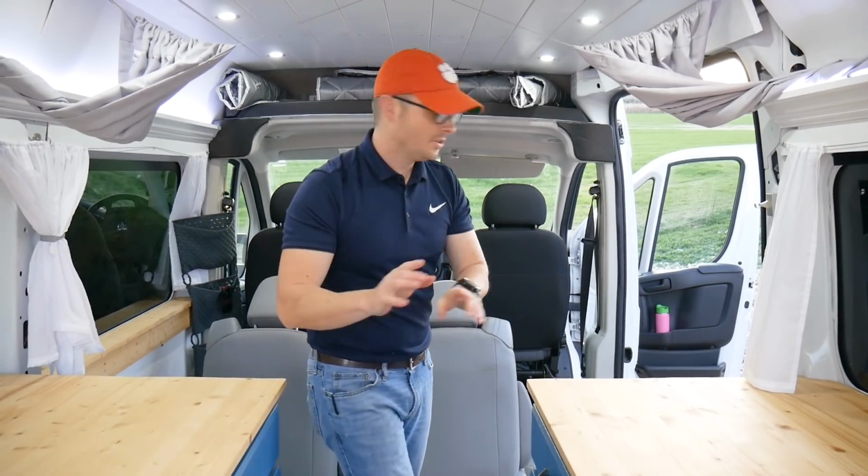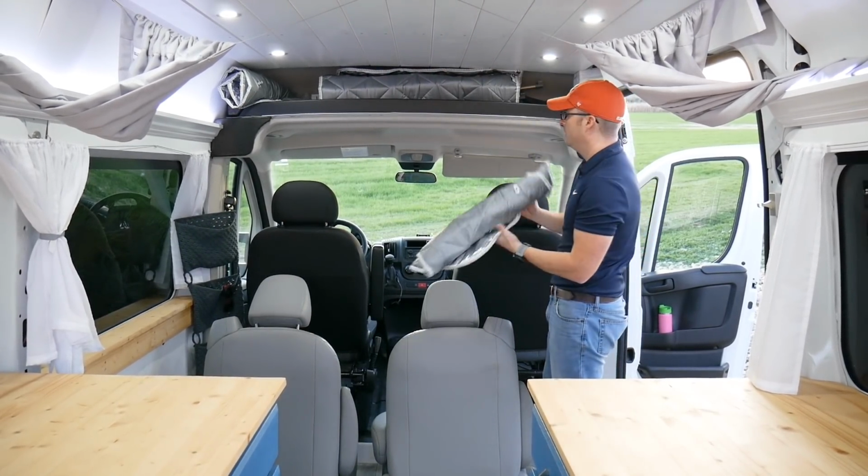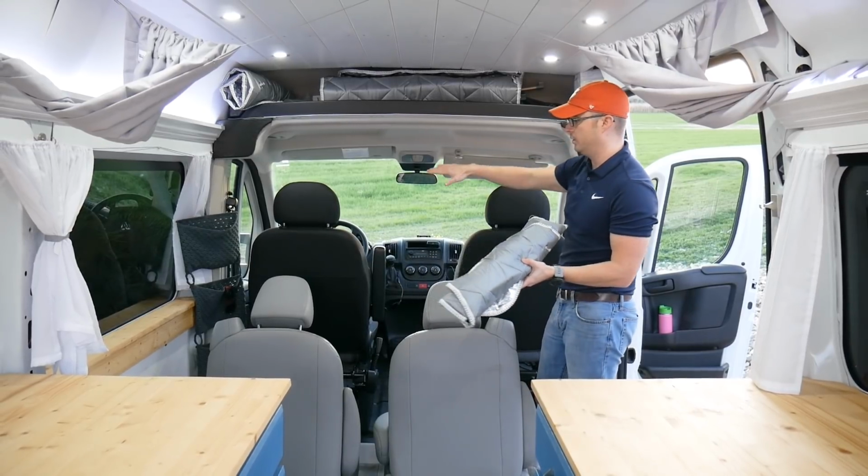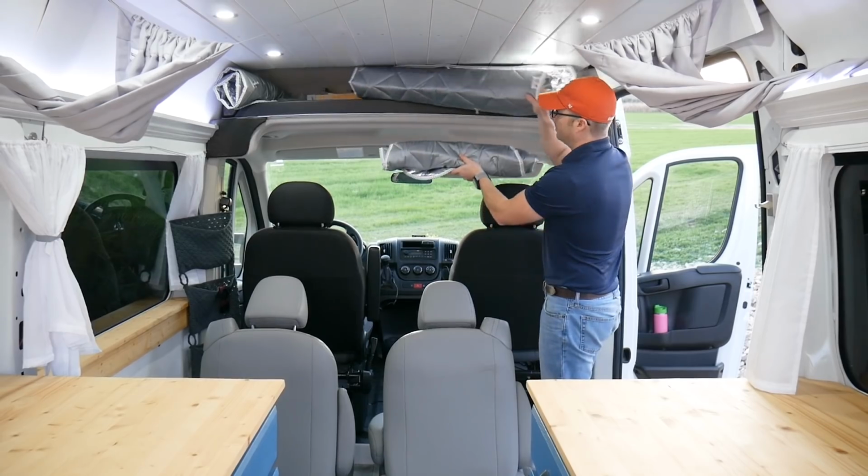But before she moves, we have these reflective shades. We take these and we load them up in the front of the windows. They're suction cups. I'm not gonna worry about that. But there is something I wanna show you